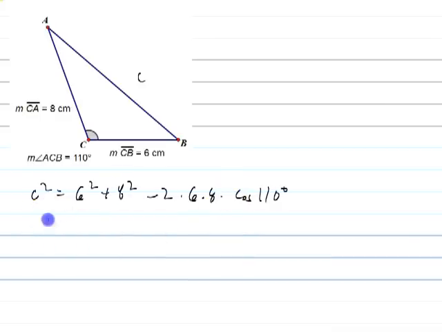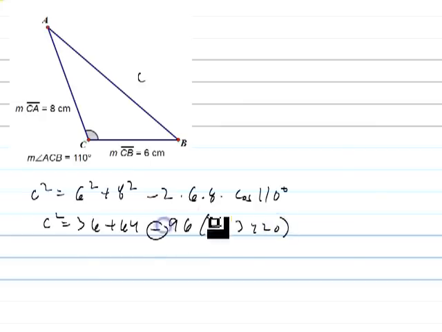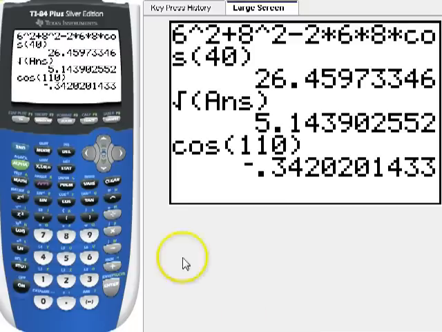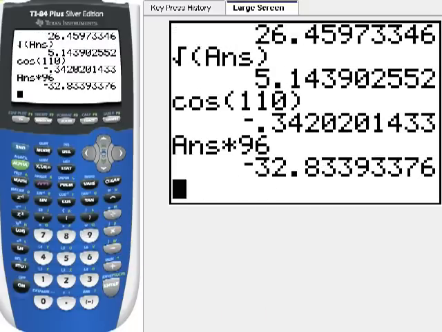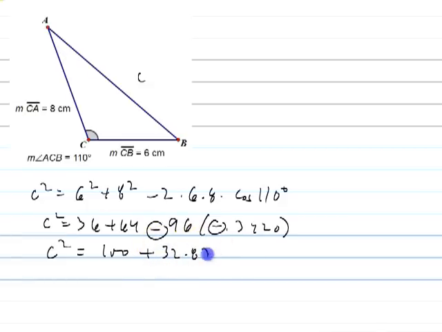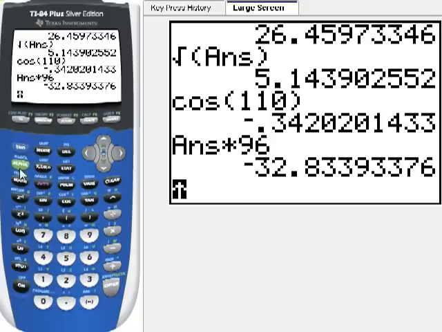So this becomes 36 plus 64 minus 96 times negative 0.3420. This negative times this negative becomes positive, and that's why this whole answer ends up being 100 plus whatever 96 times 0.3420 is, 32.83, which is 132.83. On the calculator, I can take the square root of that,